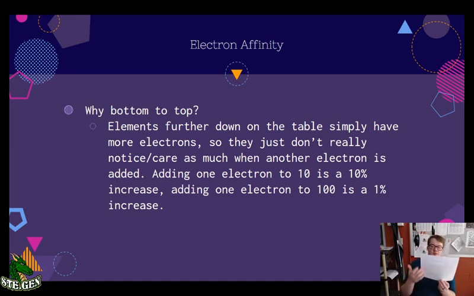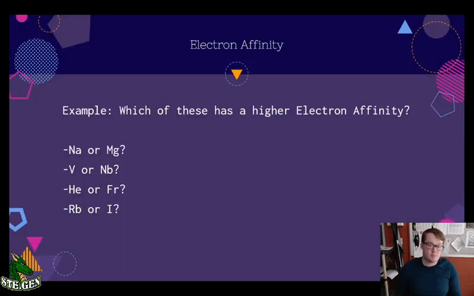Same thing here. The elements kind of up here at the table, they're like, sweet, got my 9th electron. I'm going to get number 10. We're going to be exactly like neon. But the ones down here are like, oh, great, I have electron number 118 coming right up. Not really that big of a deal. So it just means more to the elements at the top, and they want those electrons so badly that they're going to have a higher energy release whenever they do it.